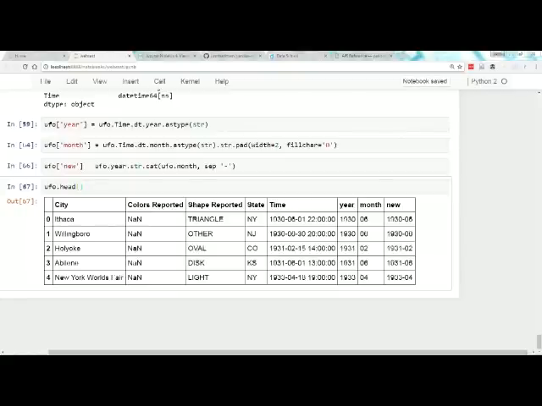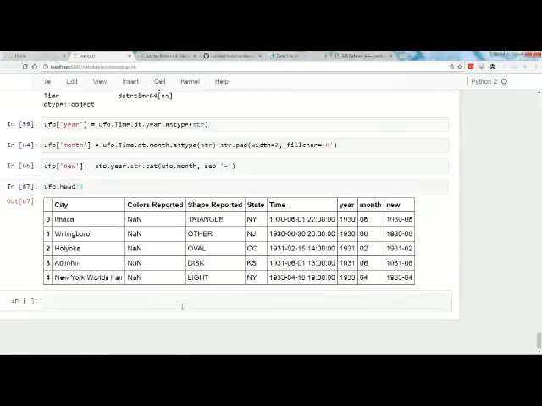Now, let me think what I can use to give an example.